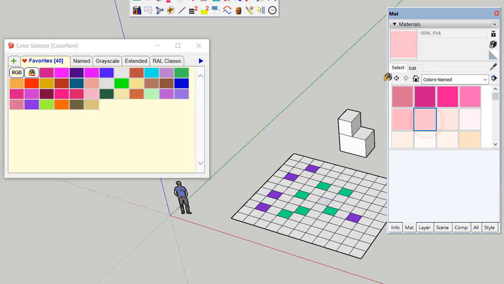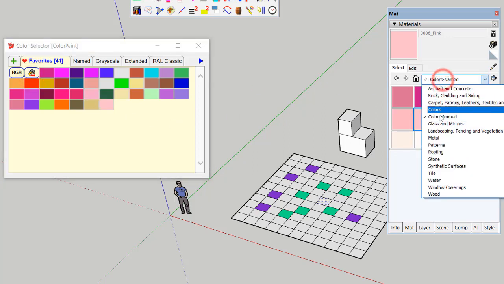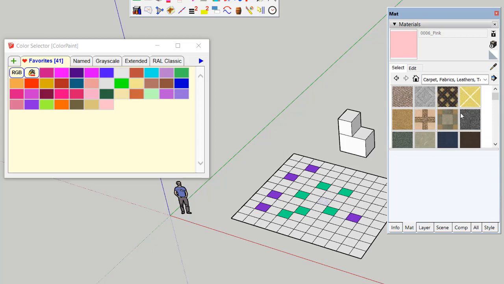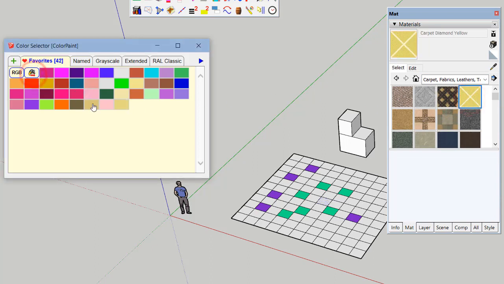So maybe this one. Yeah. If you choose a texture, for example, this one, then the import will take the dominant color of the texture.